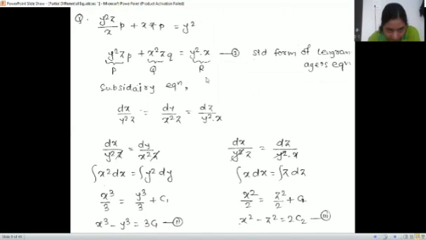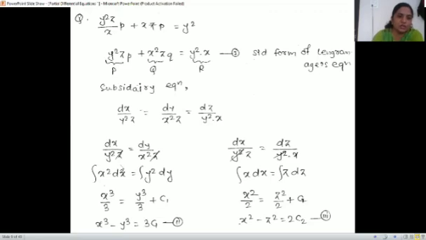Now it is a Lagrange's form, right? Standard. So how to solve is we have to write dx upon P is equal to dy upon Q is equal to dz upon R. And we have to check whether we can solve by using ratios or we need multipliers. So if we see the first two ratios, they are having x, y and z in that. If we want to solve this, there should not be z, or it can be eliminated. So yes, it is getting eliminated. So we can easily solve.